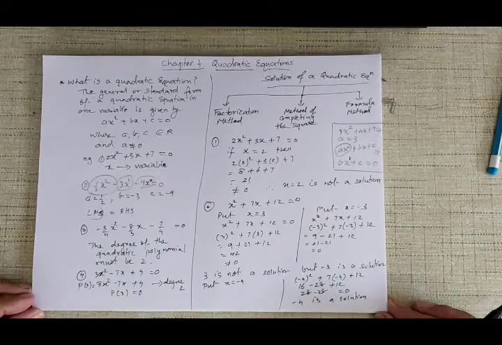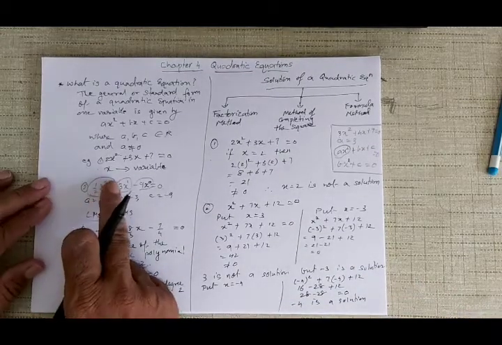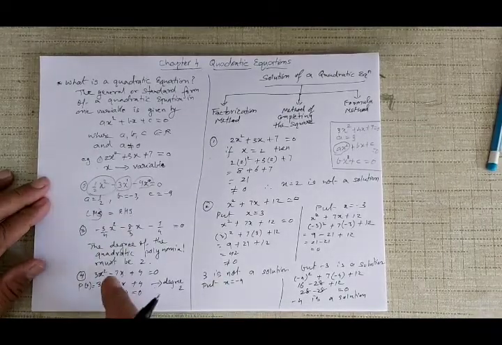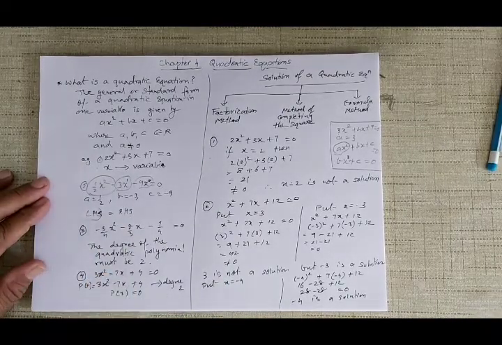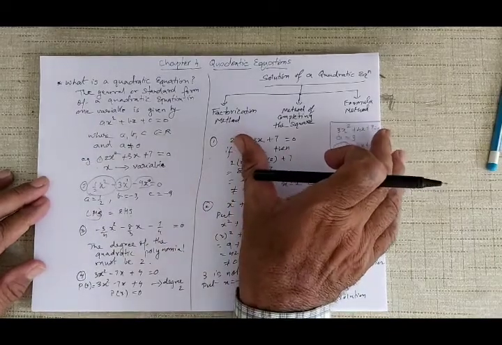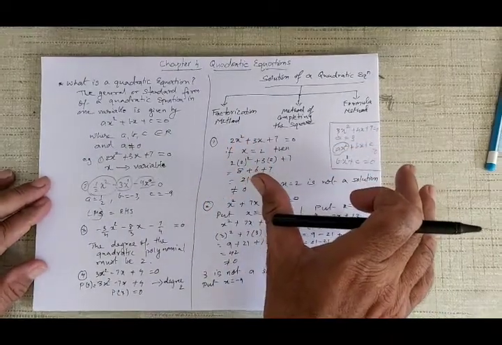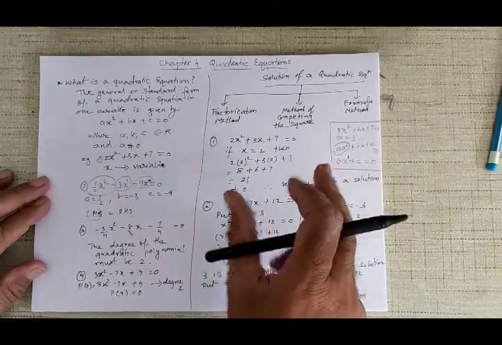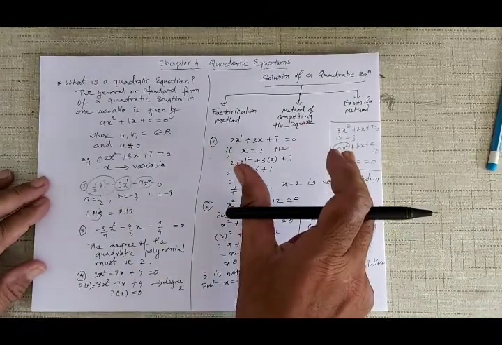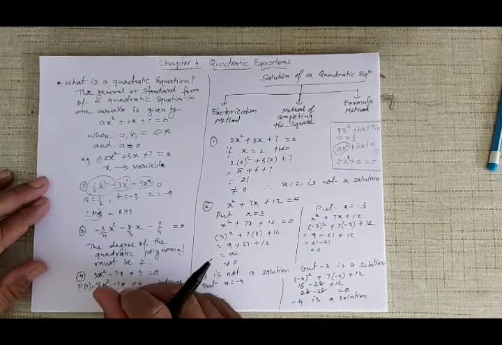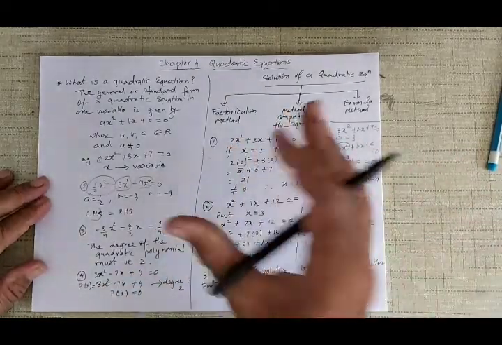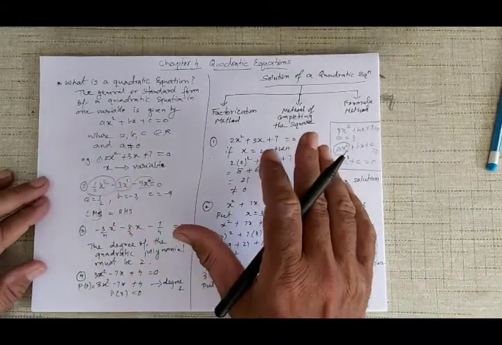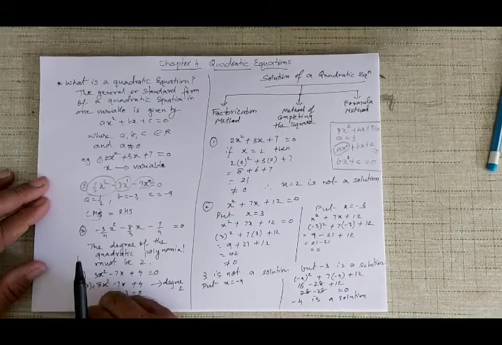Alright, so once again, to carry on further, we have got various examples, 2x square plus 3x plus 7, where x is the variable, and I showed you how it is the quadratic polynomial, its degree is 2. And then there are different methods of finding the solution. What is the solution? Solution is the value of the variable x for which this equation is satisfied. Equation is satisfied means what? It should be equal to 0. Then the equation is satisfied. Left hand side is equal to right hand side. And therefore, that value of the variable x is called the solution of the quadratic equation.